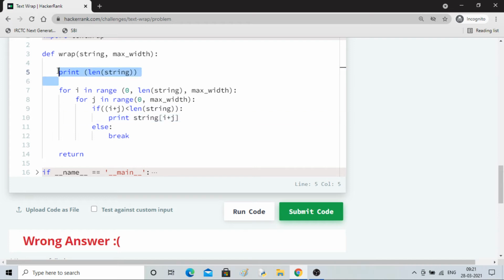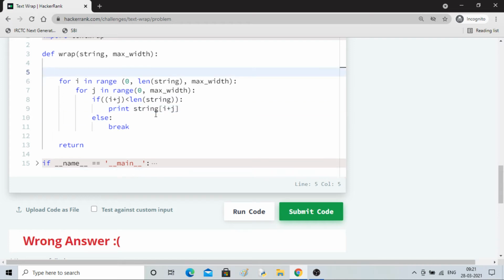So I can remove this, I don't need it. Now what I have to do is capture those elements. So I'll take, let's say, a wrapper and dot append.